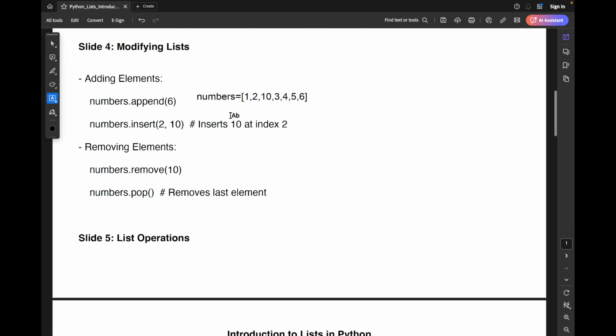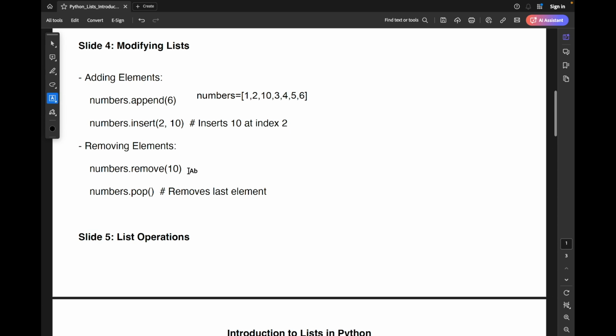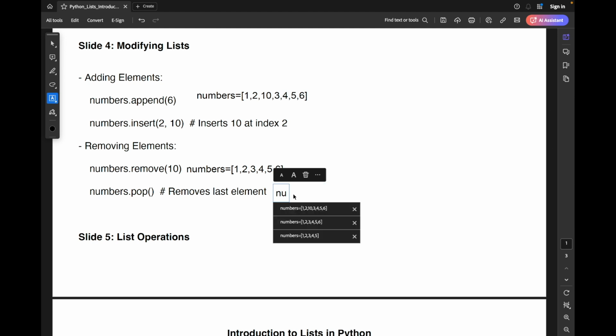Removing an element. We want to remove 10 again. So we have to write numbers.remove(10). Then it will remove the 10. And if we use pop, then it will just eliminate the last one, like 6. So the output of this will be, and after that the output of this will be